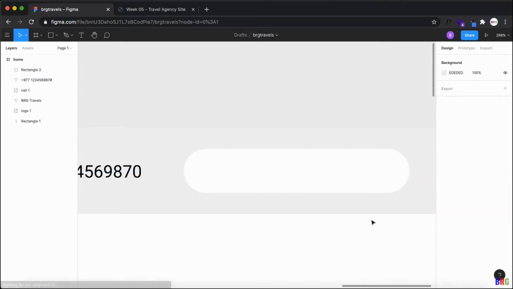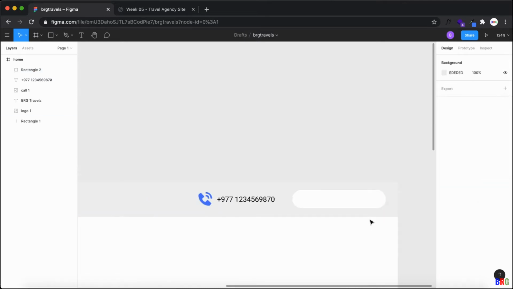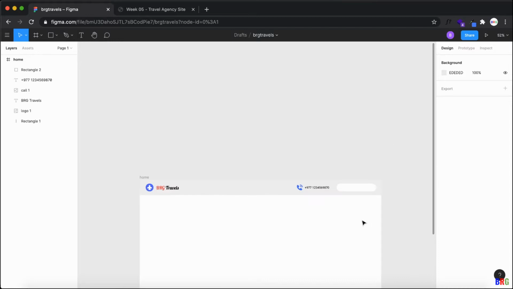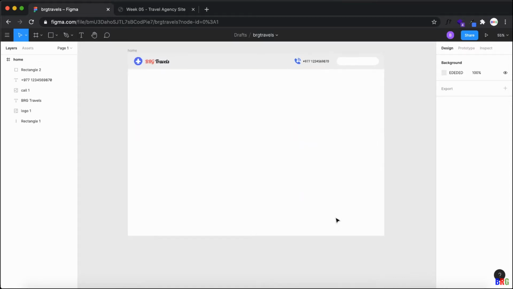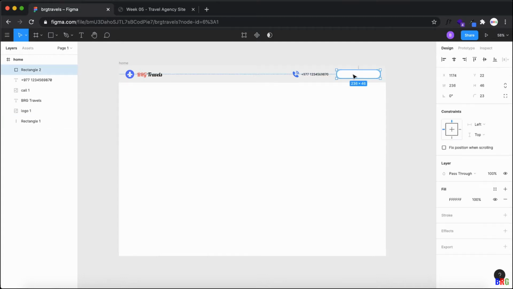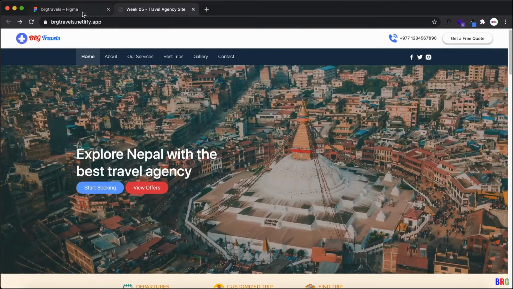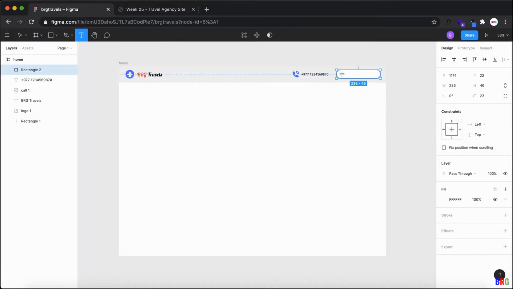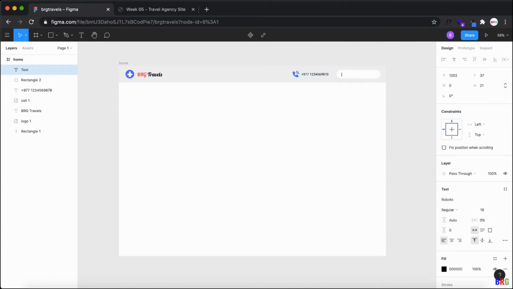This way you get this kind of button. Very nice effect. And then here you can place the text, get a free code, and now you can just place it here.